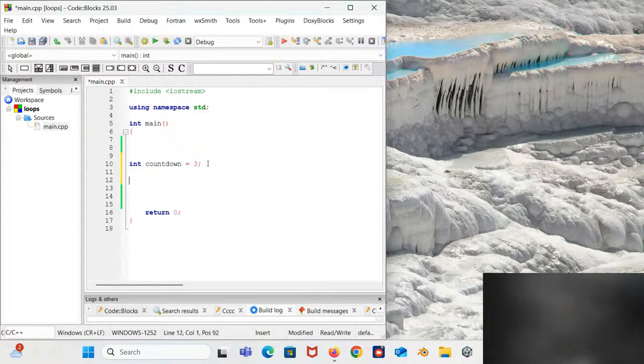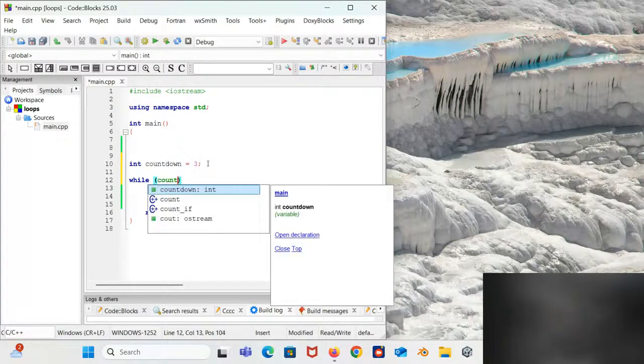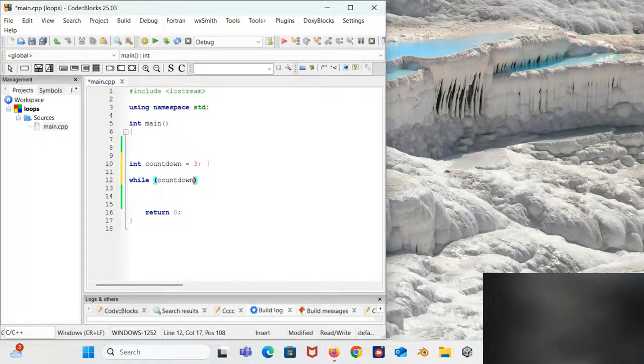We come down here and then we say while, let's say countdown. So the condition comes in, whilst countdown is greater than 0.